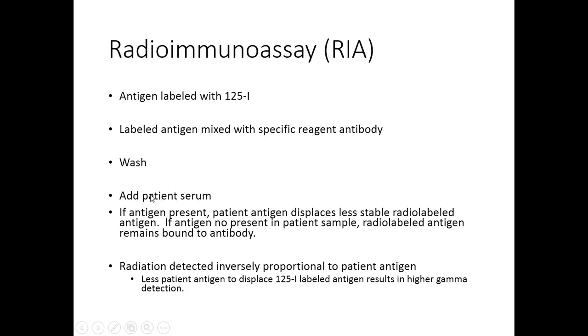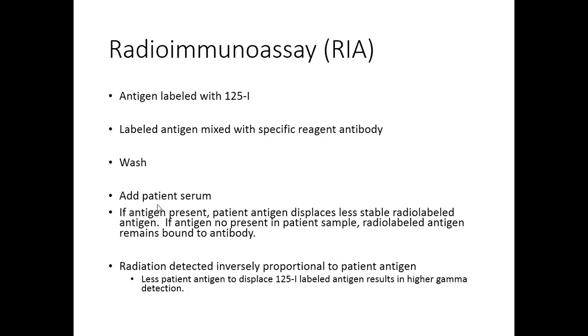This is a little different than what we're used to seeing. We usually see these mixed together, right? We'd add the patient serum and the labeled serum; we usually add the labeled and the unlabeled together. But in radioimmunoassays, the patient sample goes in second. And that's antigen, I apologize. We're doing the same as the labeled antigen. So we're adding patient serum to see if there's antigen present. Should be just patient sample, I think. So in any event,